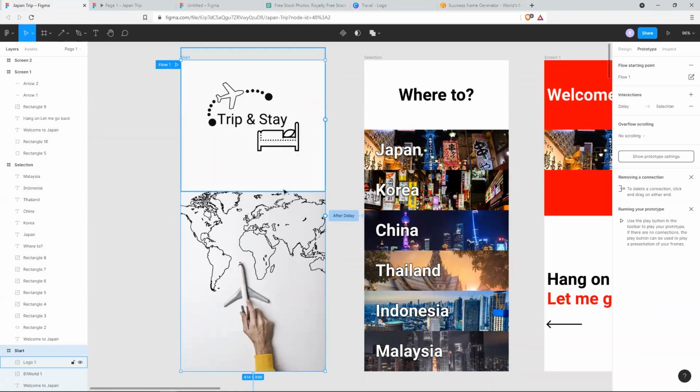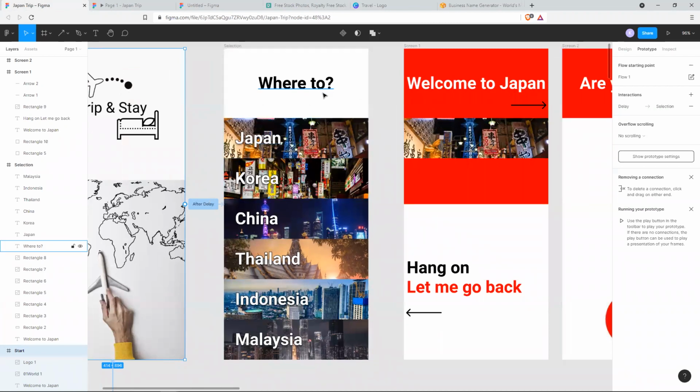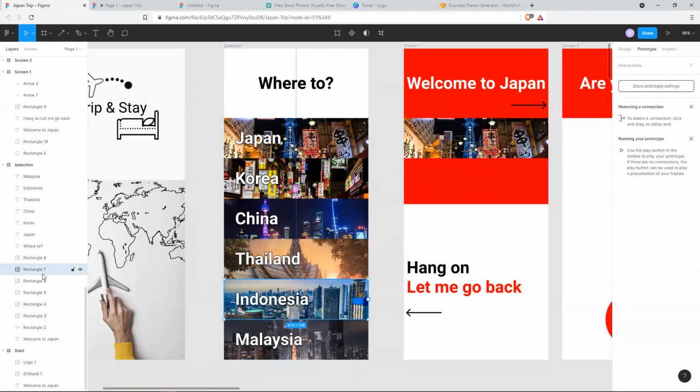So the first picture, it's just two images that load automatically. And then after a short delay, we go to our next screen here. And it asks us, where do we want to go? Japan, Korea. So all these pictures here are from Pexels. And what's really cool is that when you have a part of a layer, like a rectangle or something like that. So you can see I went down to Selection 2. Yeah, so I had all these rectangles underneath that I just threw the pictures onto, and it automatically